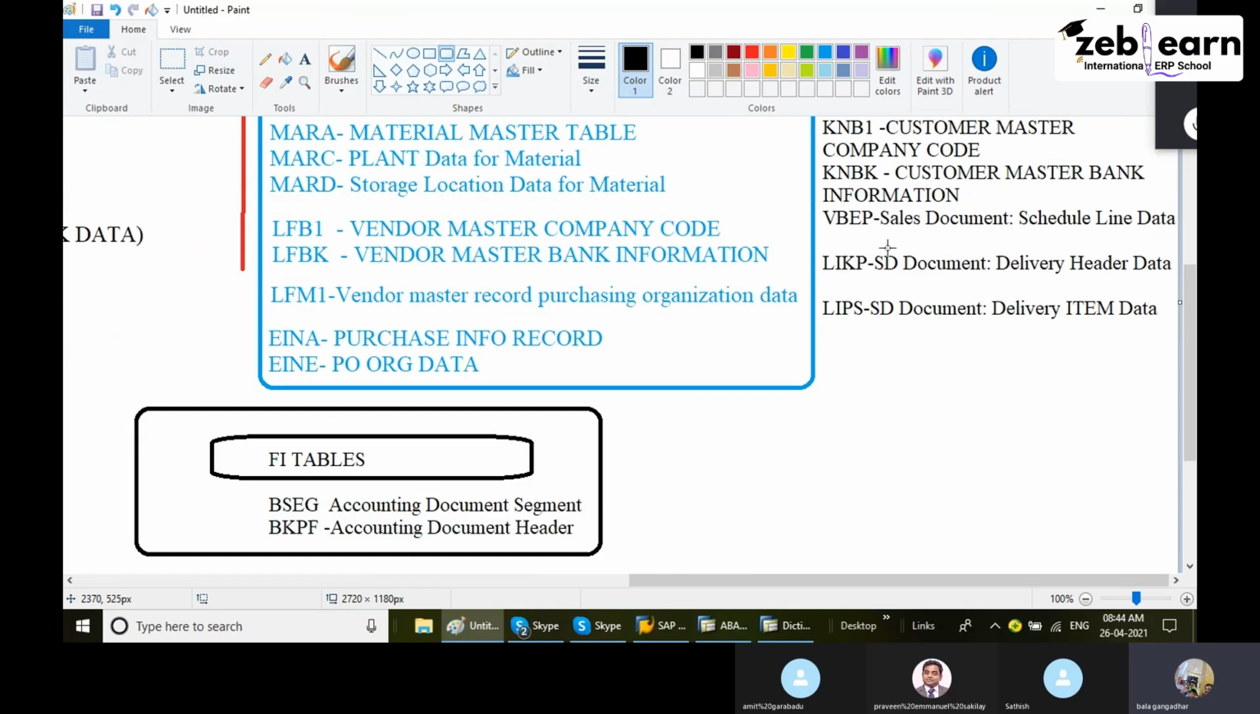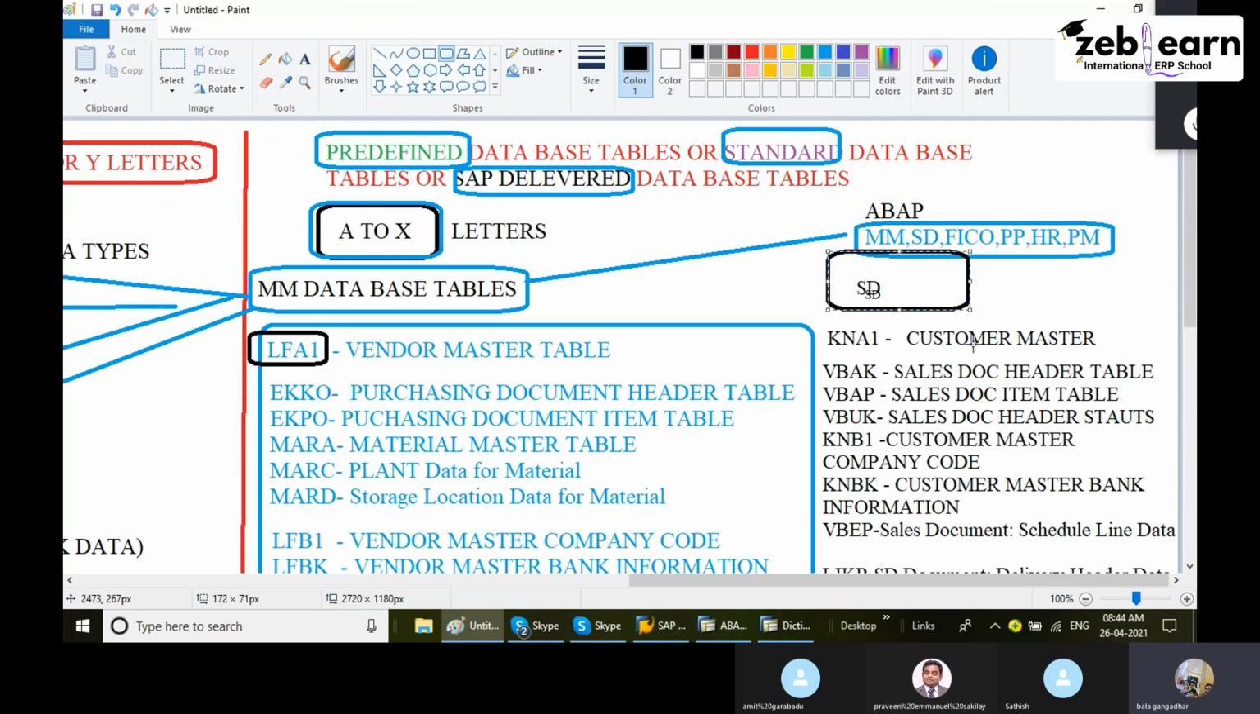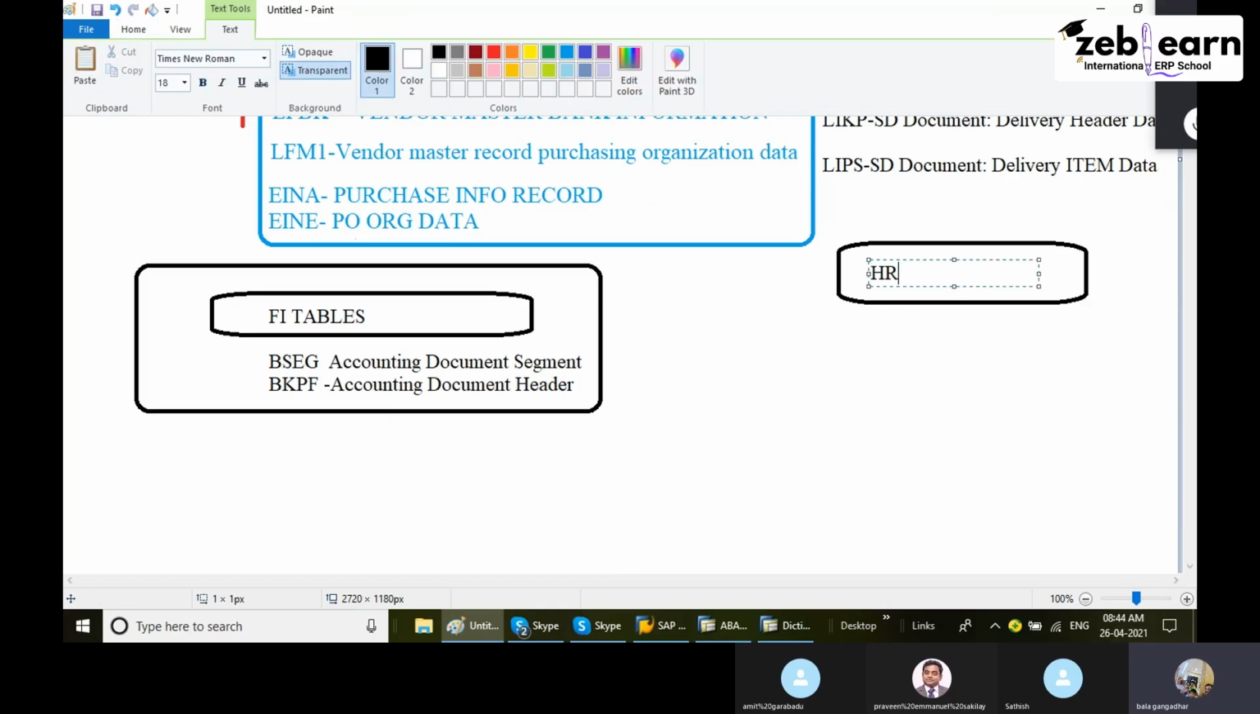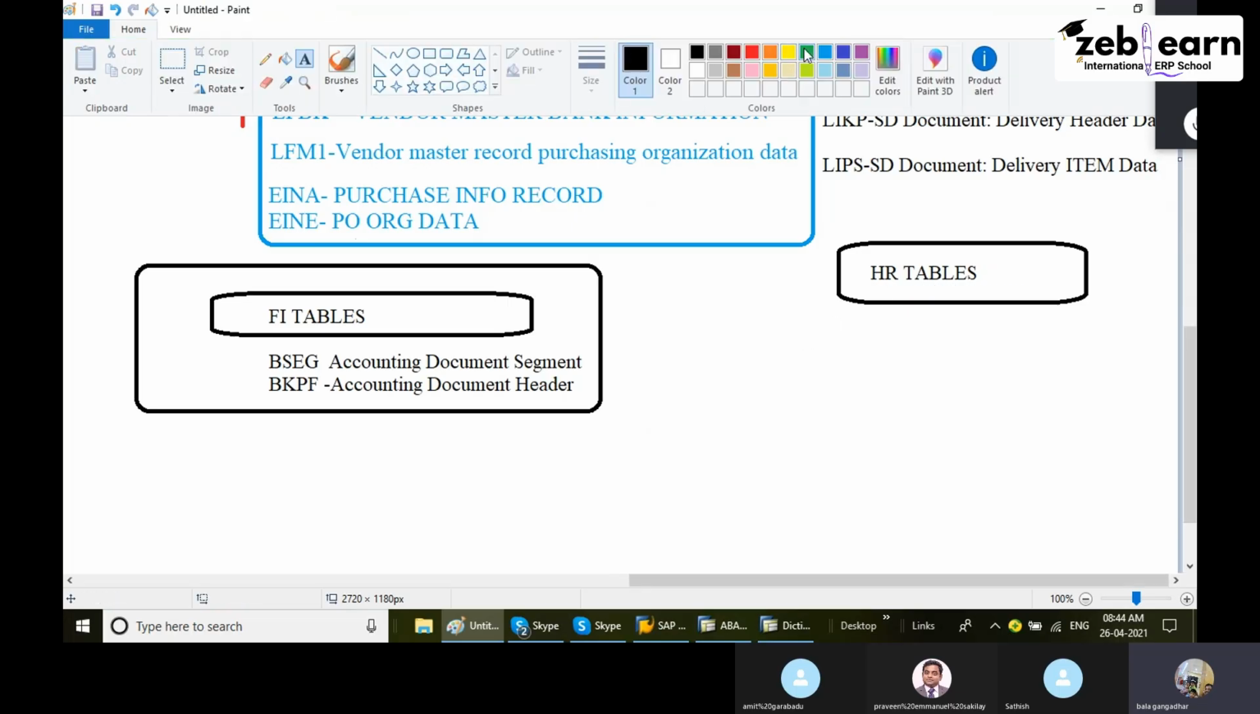MM I had given, SD I had given here, sales and distribution. Now FI related, then I am going to give you HR related. These are all related to HR tables. Under HR tables,